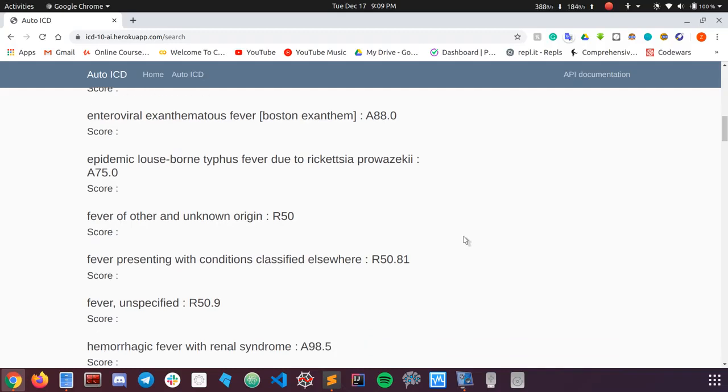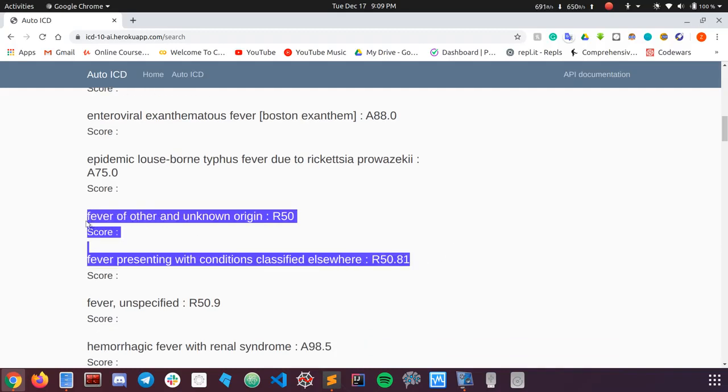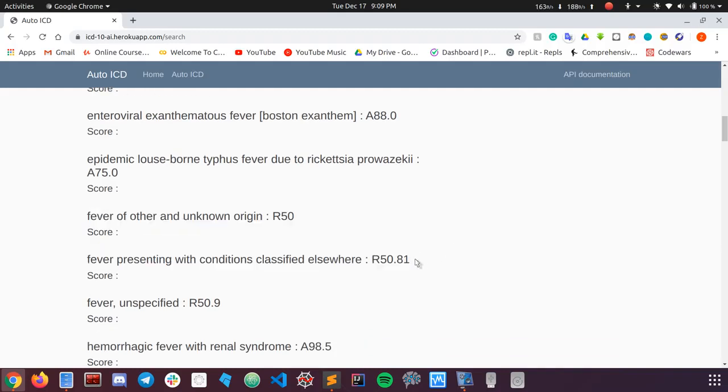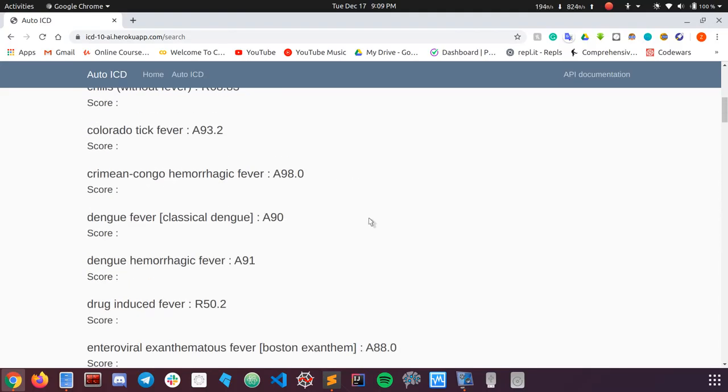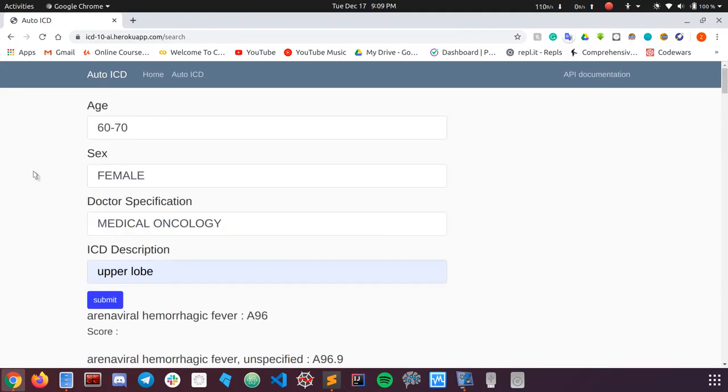So it just returned everything because it couldn't figure out a single code, so it reverted back to the default behavior, which is to return a list of codes. But sometimes this machine learning model does return you a single value.